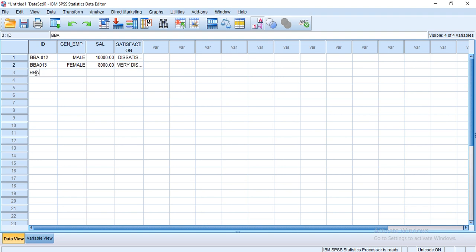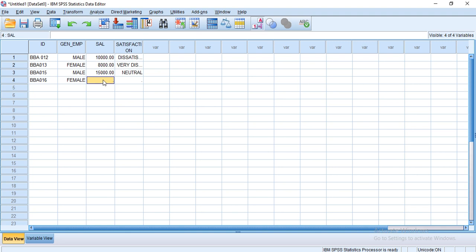Next is BBA 0, 1, 4. That employee is male and salary is 15,000 per month and he is neutral towards the job. Then BBA 016, employee is female and she didn't fill the data of salary.